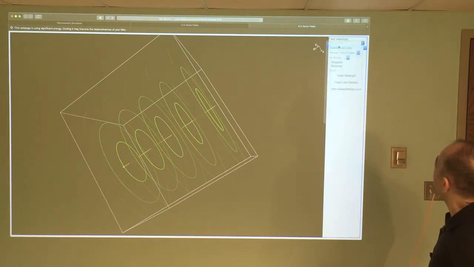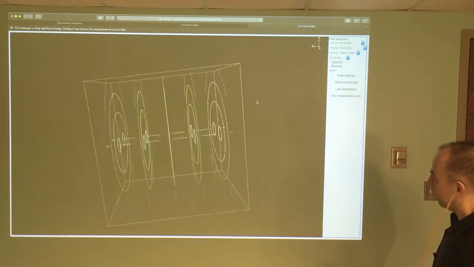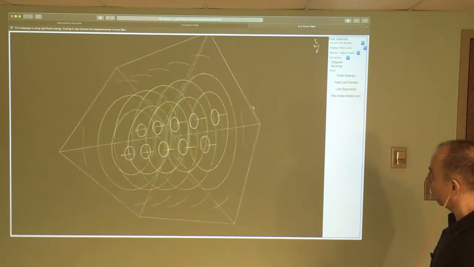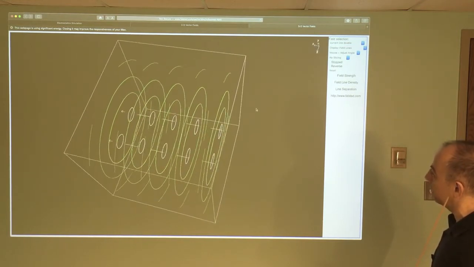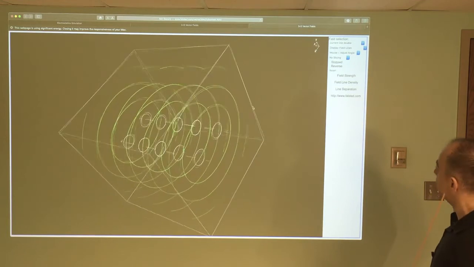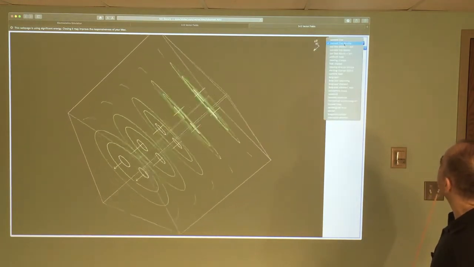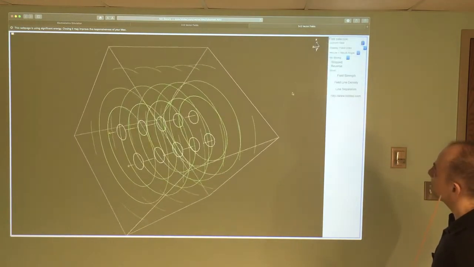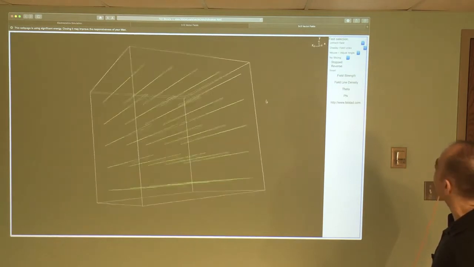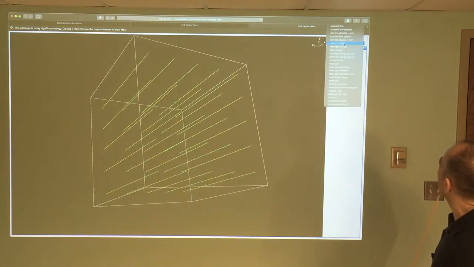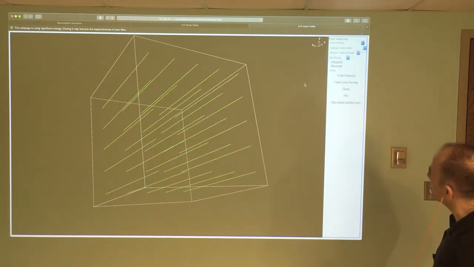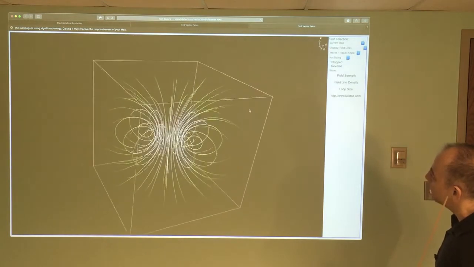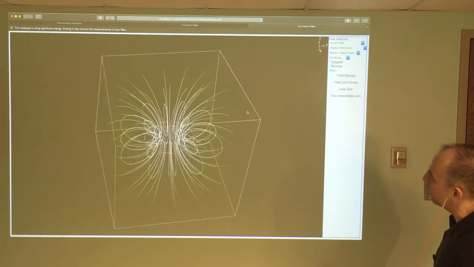But you can hear, for example, here's a double current line, so two currents flowing and then the magnetic field that they generate. You can look at that. And some other, well, this is just a uniform magnetic field, and that's kind of boring, but let's try here. Here's a current loop. So here's a loop of wire, and that's the magnetic field that's generated around that current